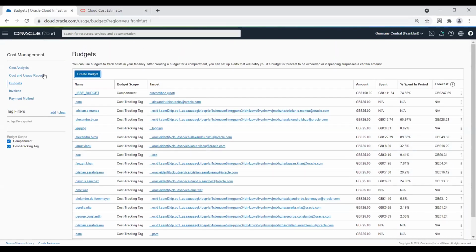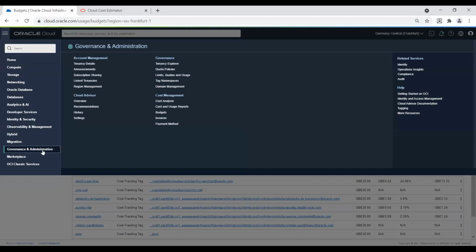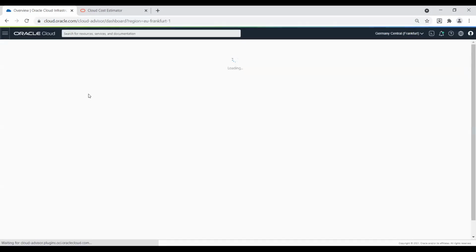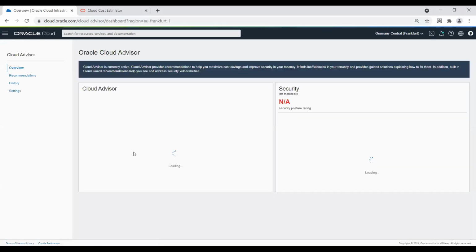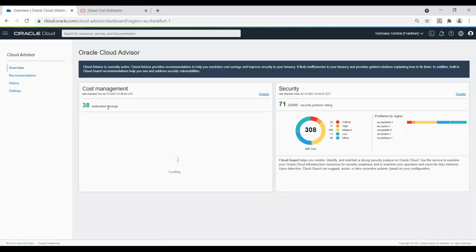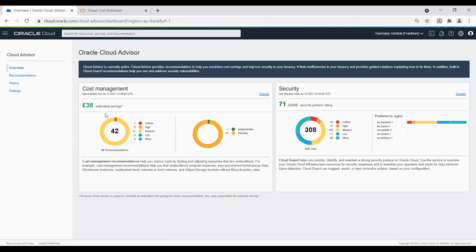Okay, what was the next option? The next option, which is very useful for you, again on the administration part, the governance and administration, is the Cloud Advisor. This acts like a friend to you because anytime you are deploying something, this Cloud Advisor will help you, telling you recommendations like, hey, and I can show